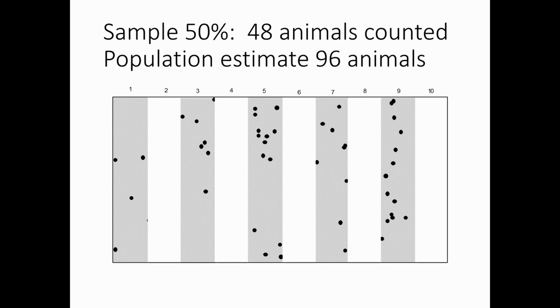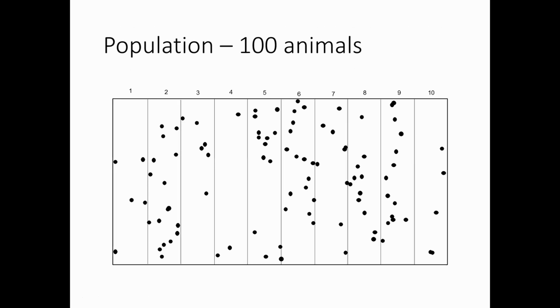And there are 100 animals in this population. Now, this is a sample size of 50%. And in this 50% sample, we count 48 animals, and our population estimate is 2 times that, because it is a 50% sample. It's 96 animals, just to illustrate that very simple concept. Now, one of the things you will notice here is that these animals are pretty well randomly distributed across the landscape. And in such a rather rare situation,